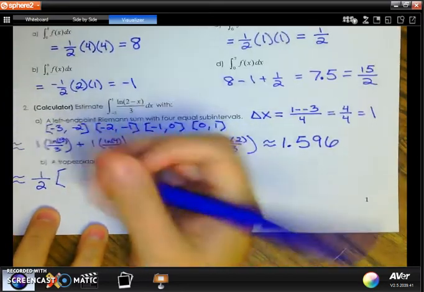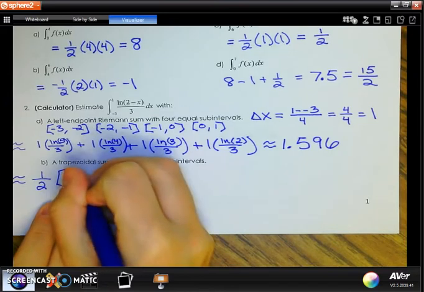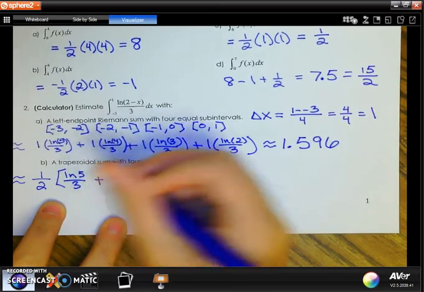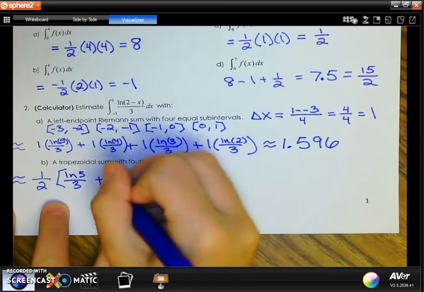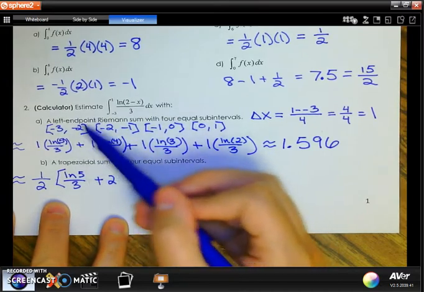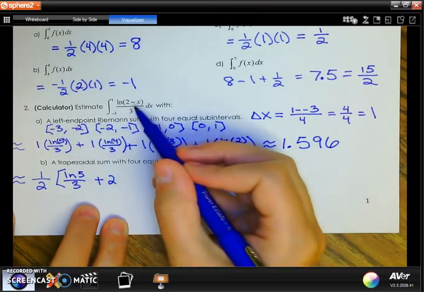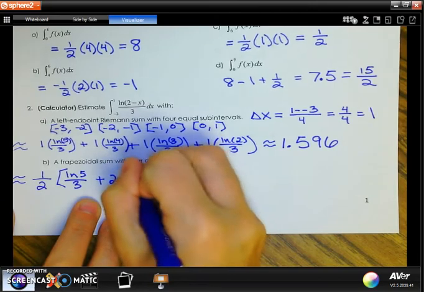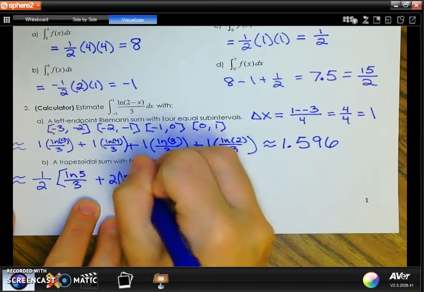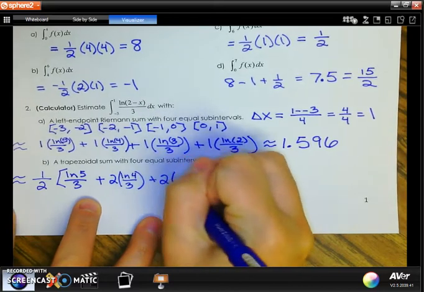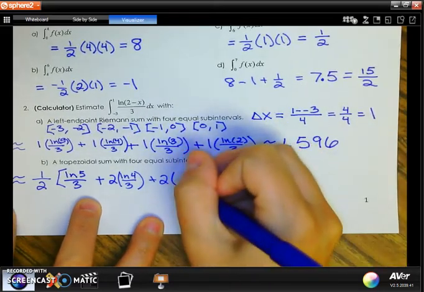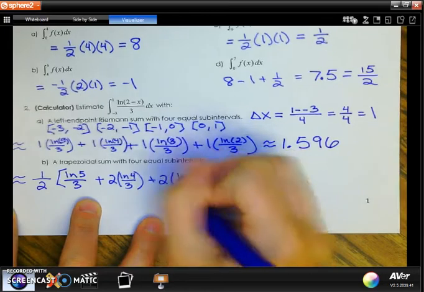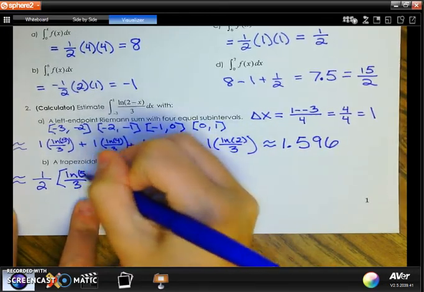And now I'm going to have to say it's going to be ln of 5 over 3, plus 2 times f of, well, what do you get when you plug in the next thing? So it'll be that -2. Well, remember, when we plugged in -2, we got a 4, so it'll be 2 times ln of 4 over 3, plus 2 times, what did we get when we plugged in a -1? Well, when you plug in a -1 there, you get a 3, so it'll be ln of 3 over 3. And again, when you're using your calculator, you're going to want to double up these parentheses to make sure you're good,